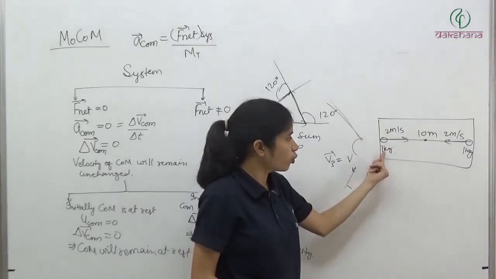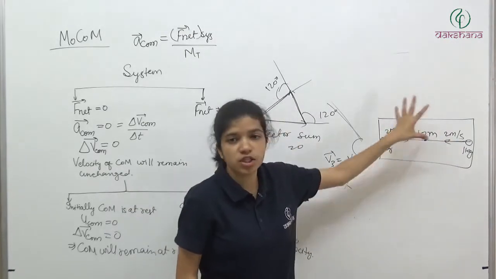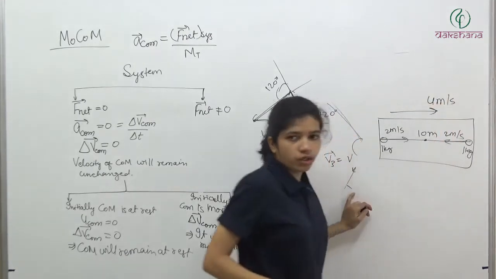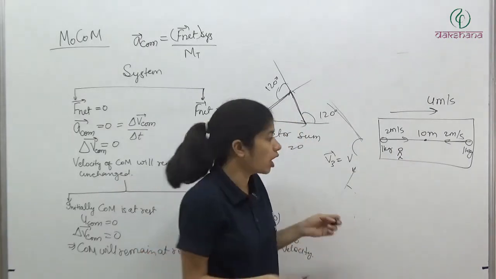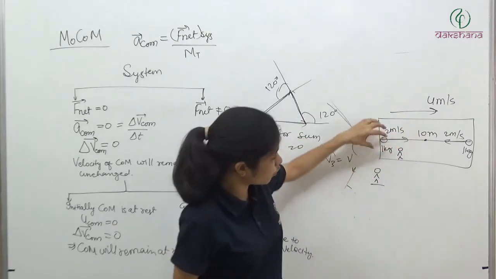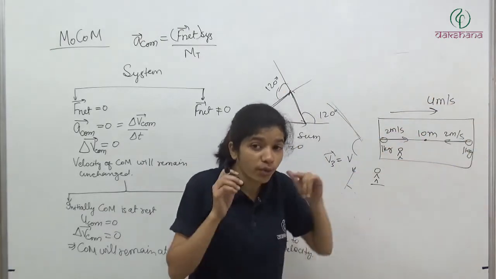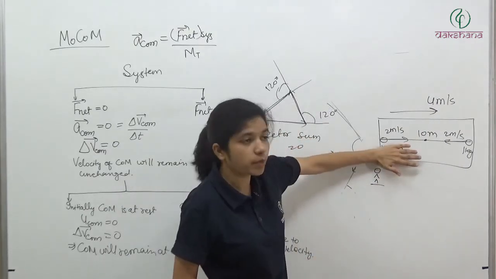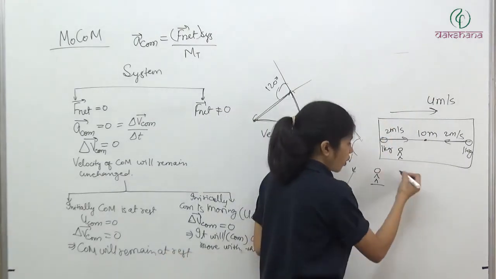Velocity of center of mass is (2 into 1 plus minus 2 into 1) divided by 4, so the velocity of center of mass is 0 in this case. But let's say this box is moving with some velocity, 4 meter per second. If you sit here and watch, the velocity of center of mass will appear 0, but if you observe from here, this box is also moving. This is moving inside the box with 2 meter per second, but the box is moving with 4 meter per second. So from the ground, the velocity will be 4 plus 2, velocity in the frame plus velocity of frame. So this particle is actually moving with respect to the ground.